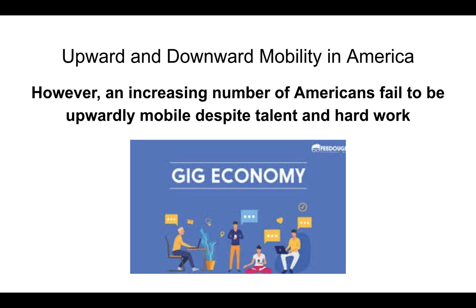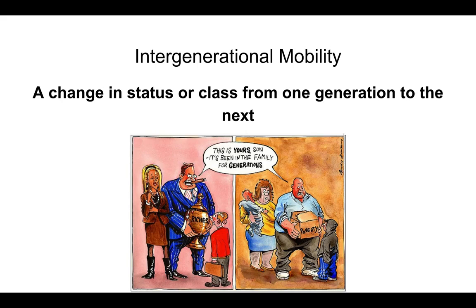So even though we are designed to be an open class system, there are elements of our system that are seen as caste-like. If you go back to the image here, on the left, rich people because of inheritance are able to pass on their wealth, and no matter how lacking in talent or hard work they are, they tend to maintain that. Conversely, poor people tend to pass on that poverty. It's very difficult to break out of that. And we're going to explore that more as we go through the rest of this unit.